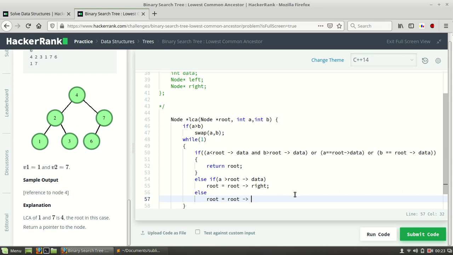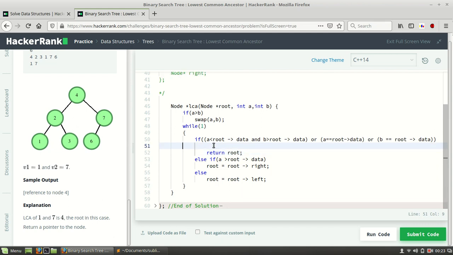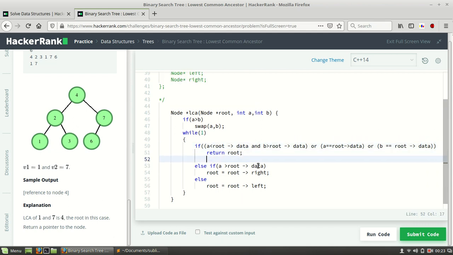Let's complete this. Here we can write an if condition also, that a is less than root data, but it will be the same. So let me write else only, because it will run faster than the if-else condition. Okay, so it will return at some point.